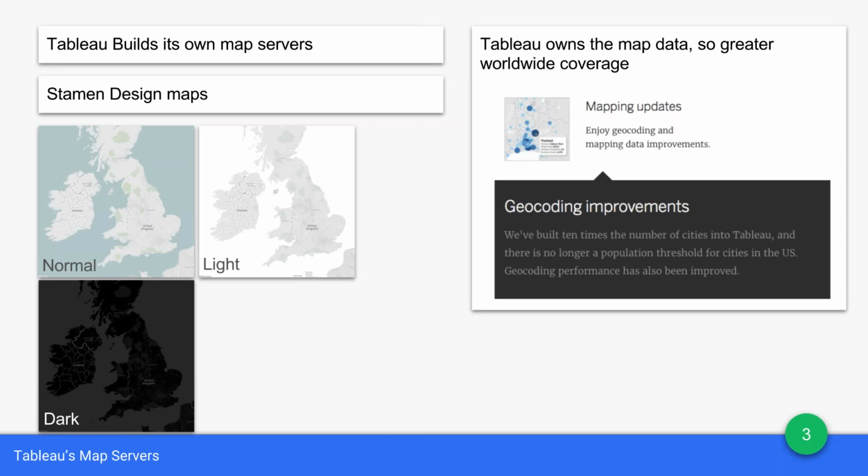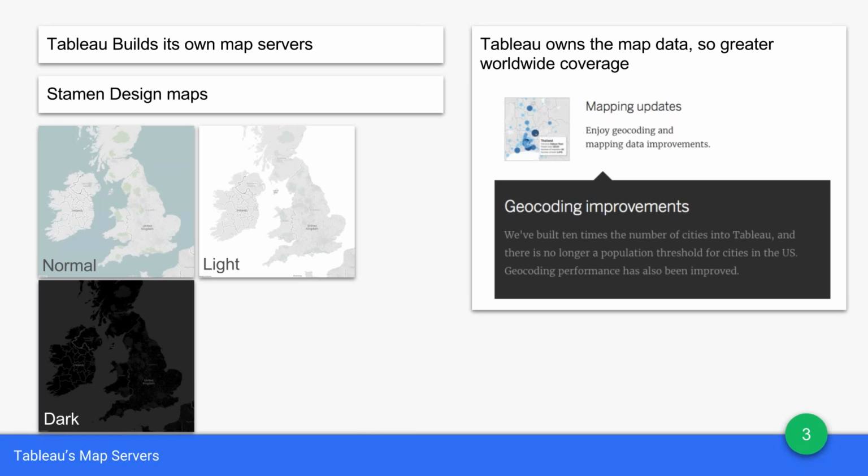And the dark map, if you've got a subject that tends to be quite dark, if you're creating a dashboard that has that feeling of being a bit dark and a little bit menacing, the dark map is a fantastic way to keep that theme going. You don't want to create a really dark dashboard and then have this bright light gray map. So those 3 map designs are available now, and part of that,